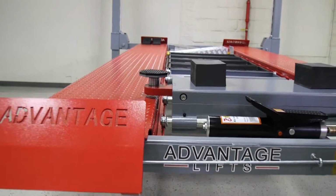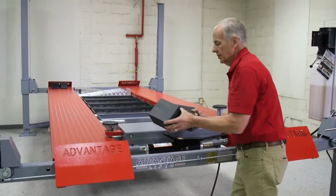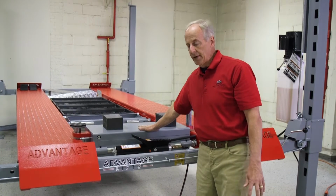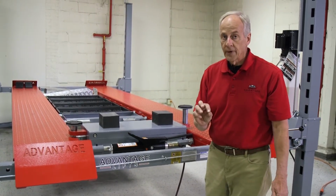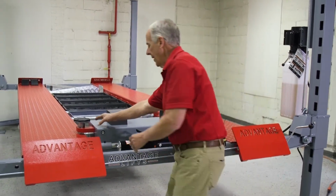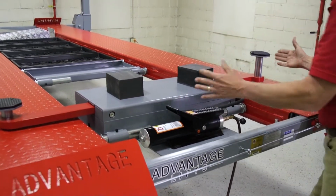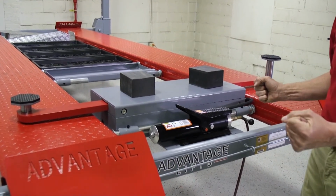Now, some of the accessories that come with our jacks are our 2 dense foam pads. These pads allow you to jack a car off of this platform in the center. So you can use this to put a barrier between your powder-coated finished frame and the metal jack to lift from there. Or we have these telescopic arms that come out. You would pull these out to the desired spot that you need. If you're on a Corvette and you need to get to the outside pucks right behind the front tires, you pull that out,